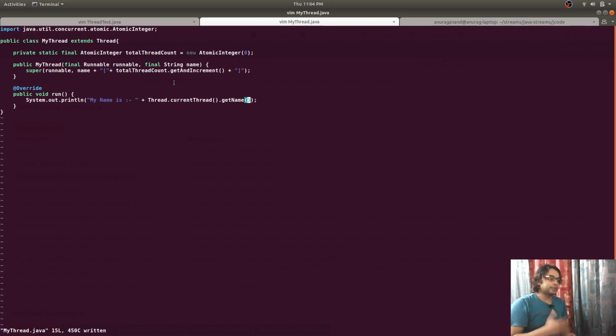We want the thread class to be used in a thread factory where multiple threads are going to be created, and we need a way to identify them in the thread logs, to identify that these logs belong to different threads.